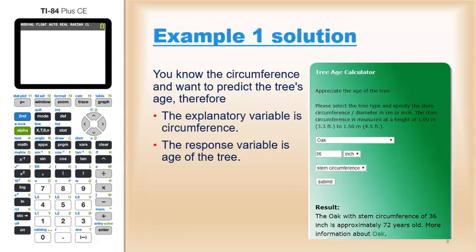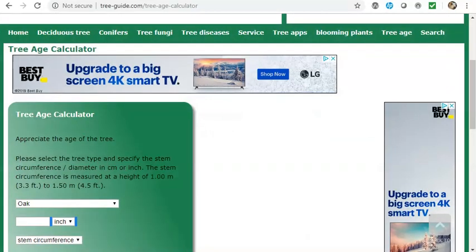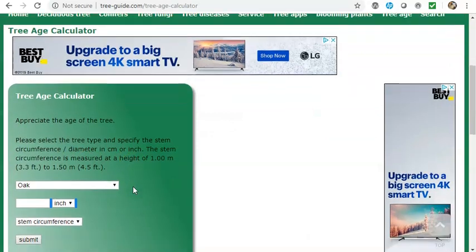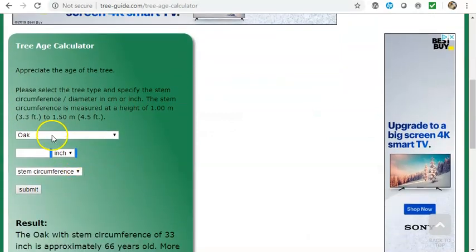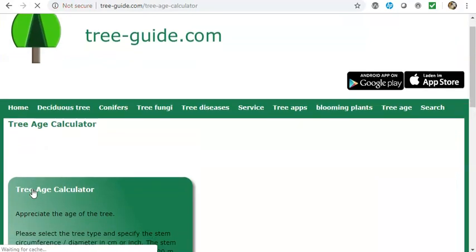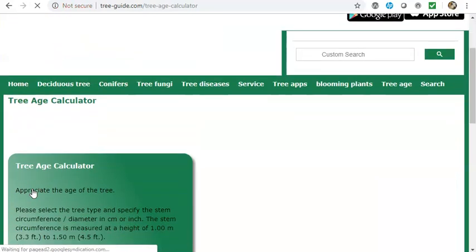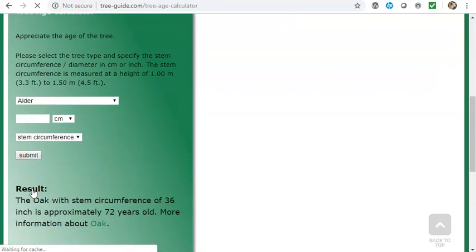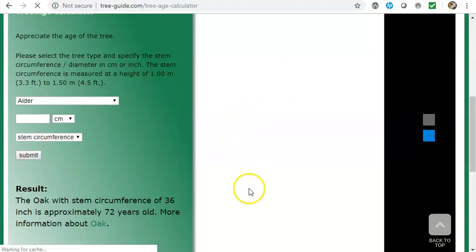Okay. And so one way, there are tree age calculators online. So for instance, this one here, tree age calculator, I choose oak. Let's make it 36 inches. And submit. And scroll down, you see the result is that the oak tree would be about 72 years old. Anyway,